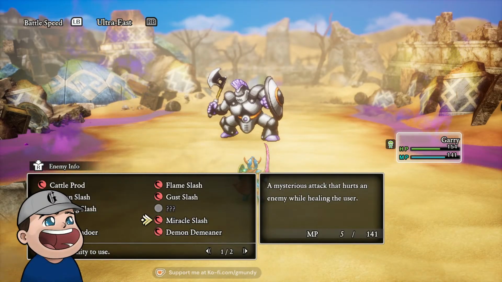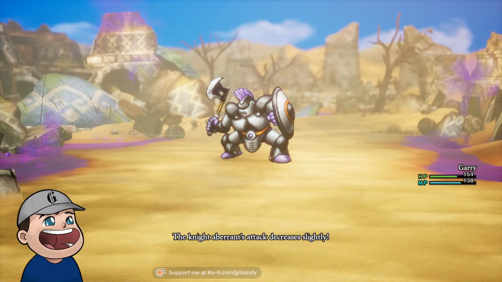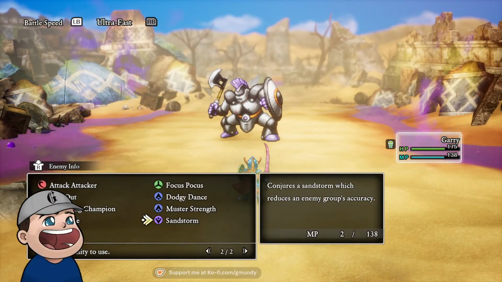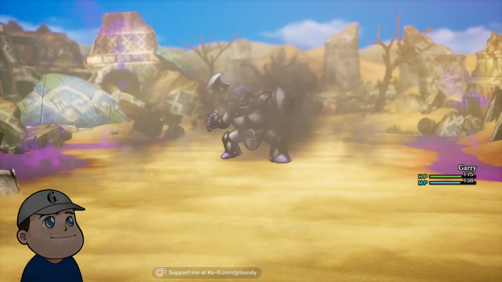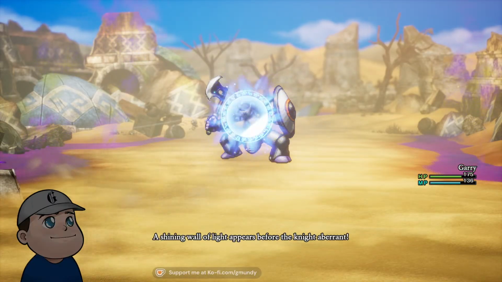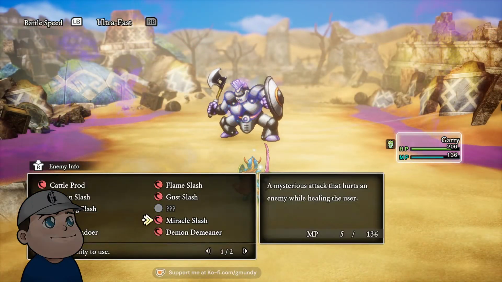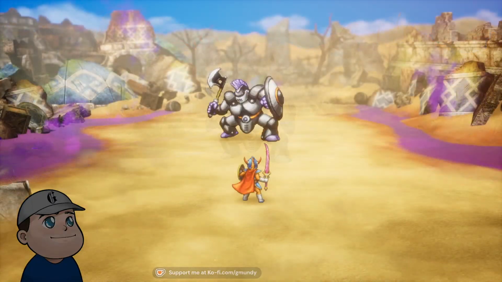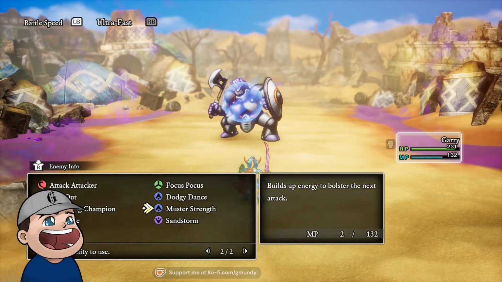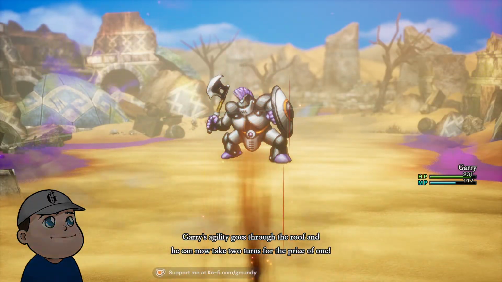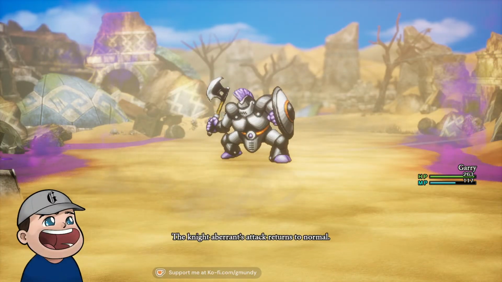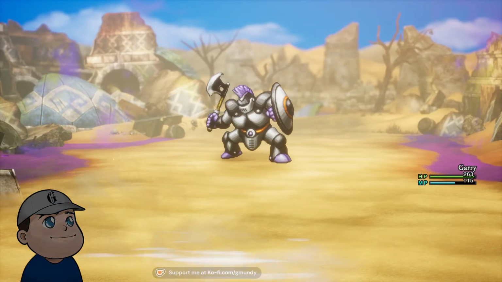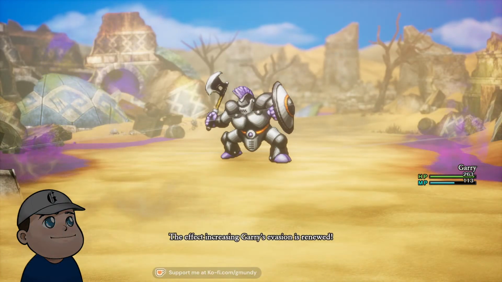Okay, I think we're still fine here. Let's go ahead and do attacker again. Lower its attack down. And then back into, let's do Sandstorm. Thou shalt not escape. Into Demeanor. Okay, it already got Sandstorm out, so that's actually not useful then. That's a waste of MP. It's only going to be for one turn. I'd rather just have Dodgy Dance on. Much better. Thou shalt not escape.